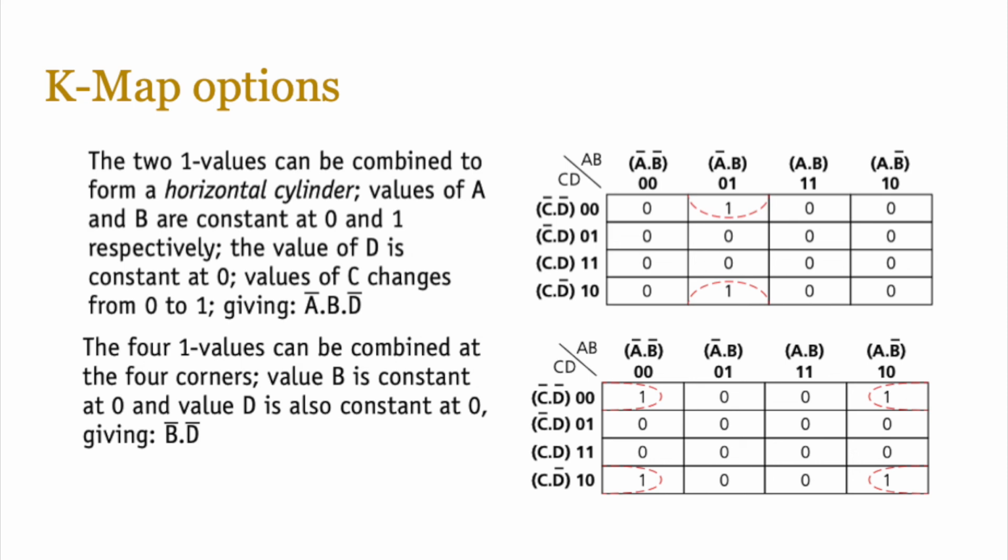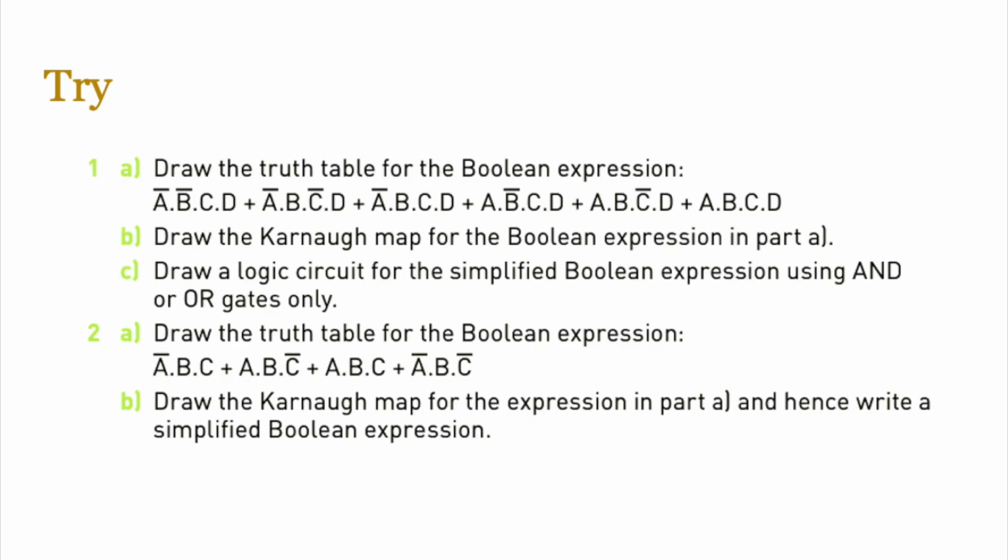And similarly, if you look on the bottom right hand corner, you've got 4 1 values which can be combined, and these are right in the corner, so we can apply both horizontal and vertical cylinder rules, and all of those 1s can be grouped together as a group of 4, and in this case we can resolve that, and these resolve to not B and not D, because the not C and C cancel out, and the not A and A cancel out. So hopefully that gives you a better understanding of how K-maps work,